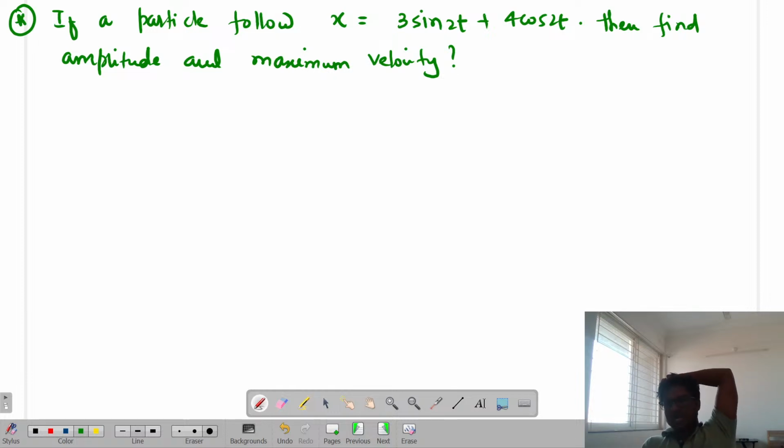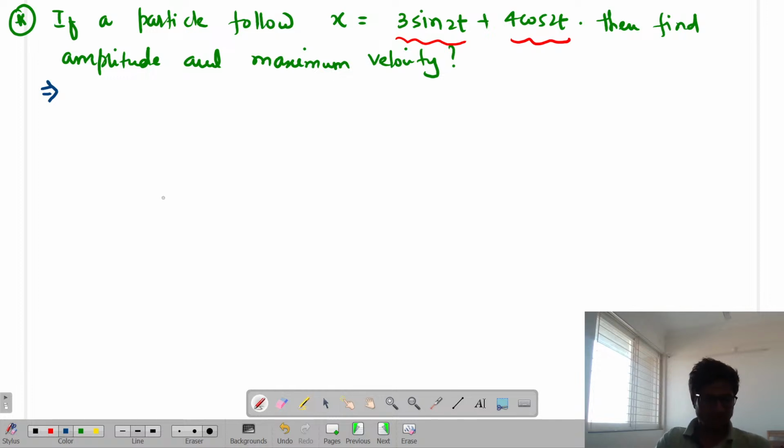Tell me what will be that. तो क्या होना चाहिए? अच्छा, ये काफी एक अनऑर्थोडॉक्स क्वेश्चन हो गया ना. हाउ टू सॉल्व इट, बिकॉज इट इज इंक्लूडिंग 3 sin 2t and 4 cos 2t, isn't it? No, no, no, nothing like that. Okay, so